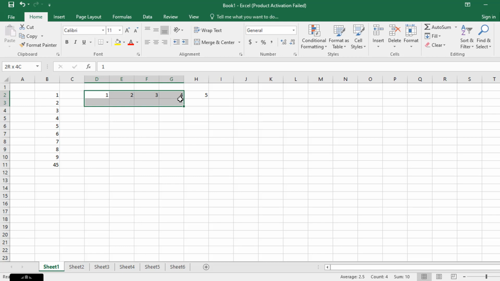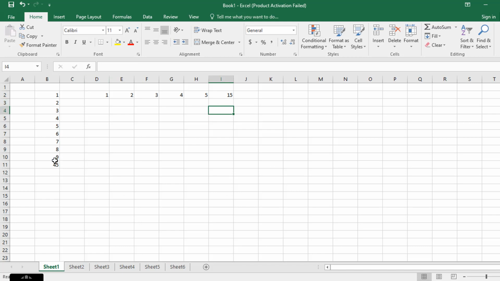Select the numbers, click auto sum. You can see that the result is 15. Now sum operation has been done from D2 to H2. Right. Next, how to clear this value?